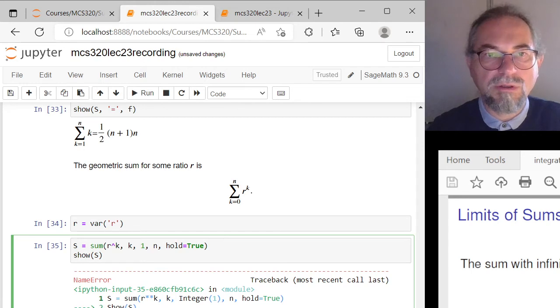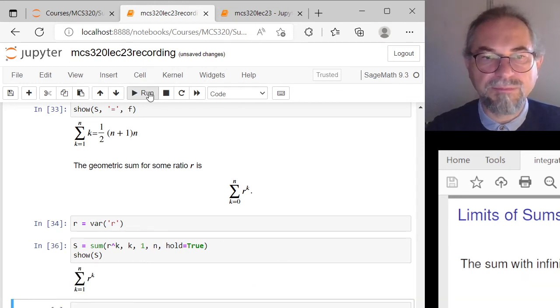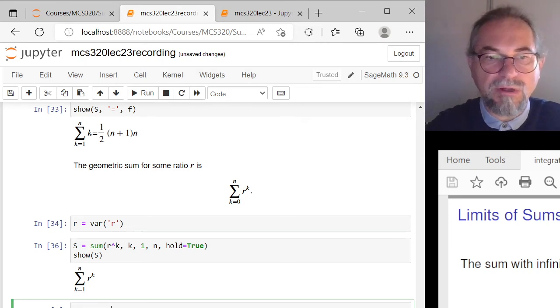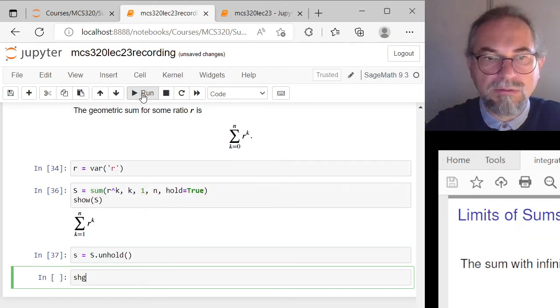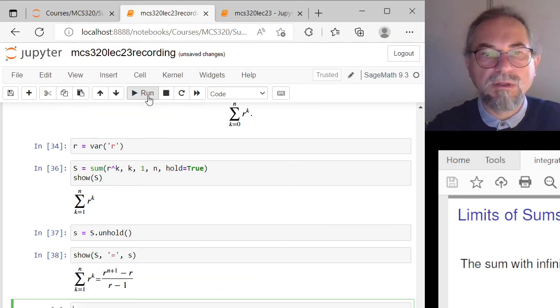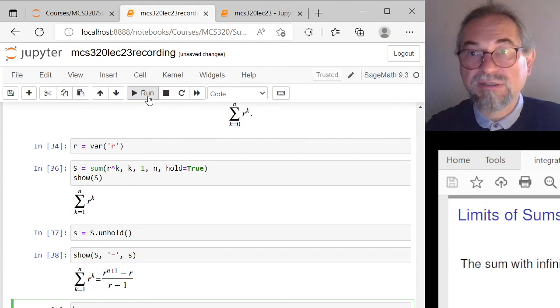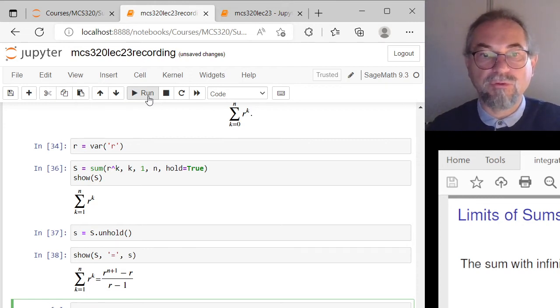And show gives me then this expression, so the nicely formatted formula. I can ask now for the actual sum with the unhold. And what comes out is the symbolic expression for the geometric sum. Notice that this expression, evaluating this expression for,